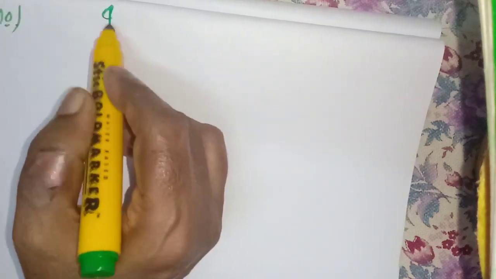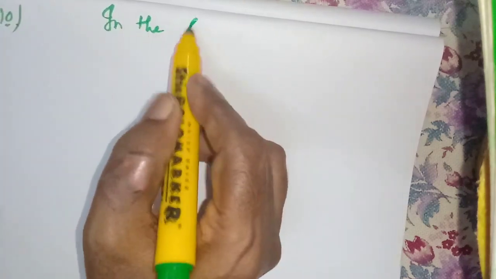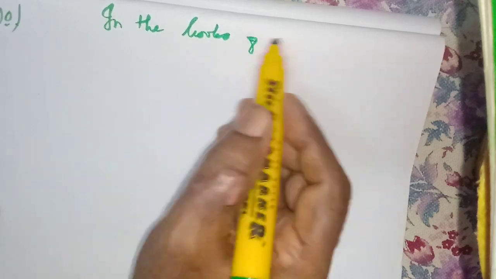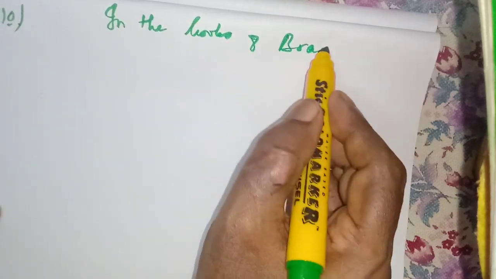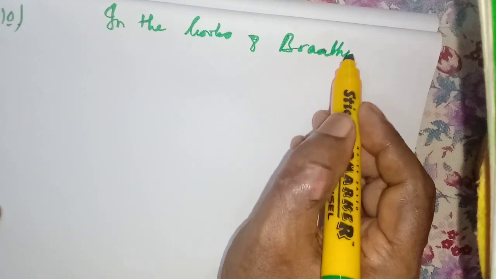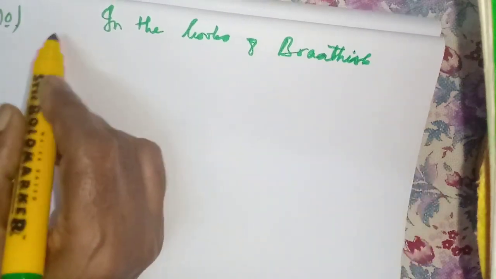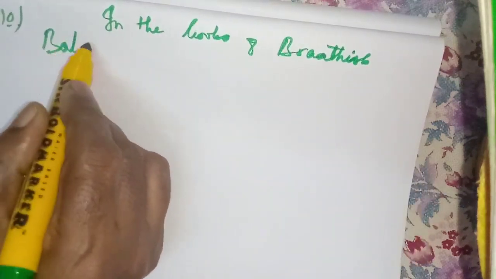Okay, 10. Let me read. From the following particulars, prepare balance sheet in the books of Bragadesh as on 31st December 2017. So, first number, then heading. First you have to write in the books of Bragadesh. Then balance sheet